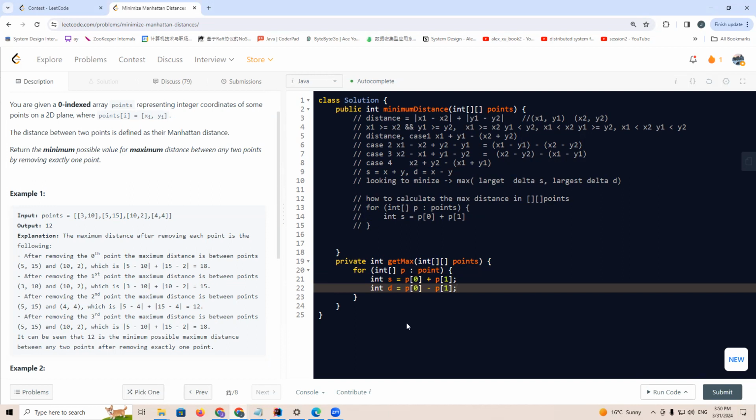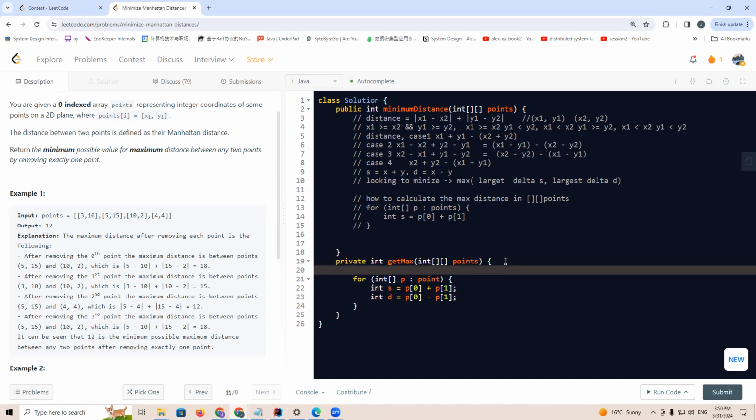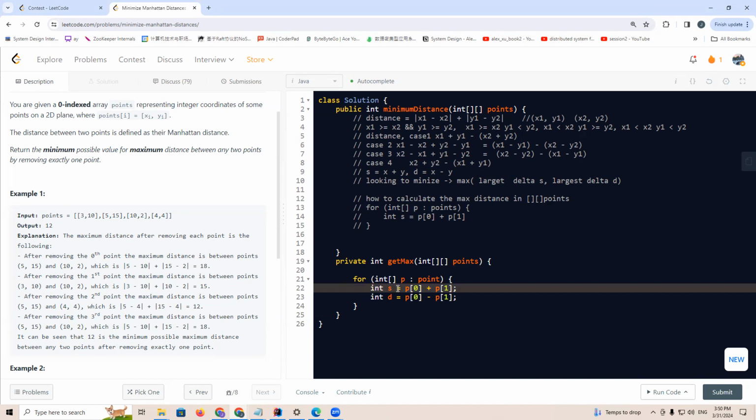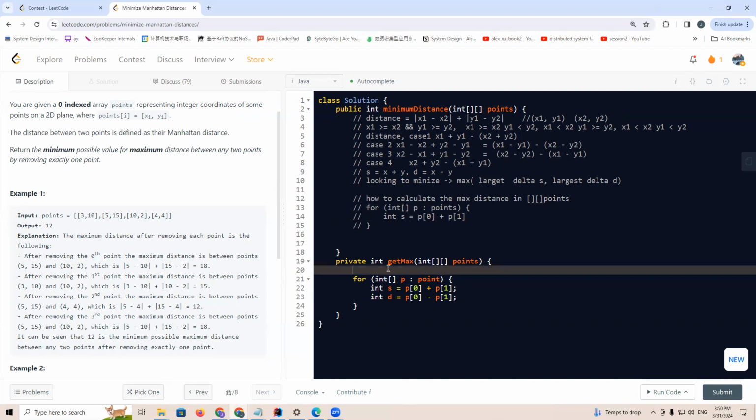So for example, we need to find the maximal of all the points S and the minimal of the points S, right? And also the maximal of the points D and the minimal of the points D. So the maximal distance can only be the maximal S minus the minimal S, or the maximal D minus the minimal D, right? So let's say int